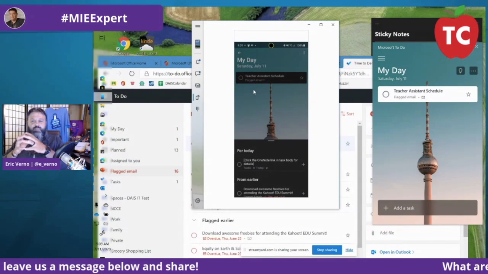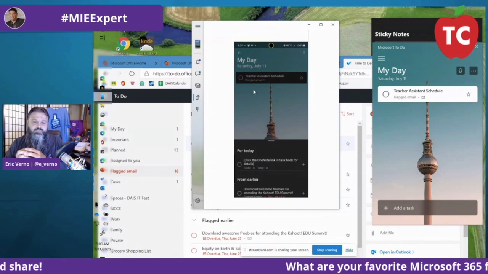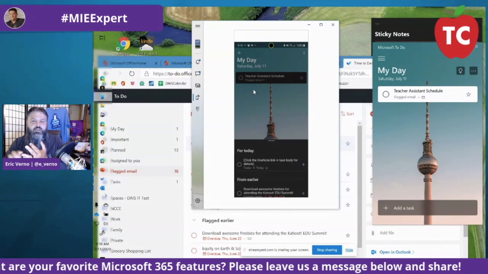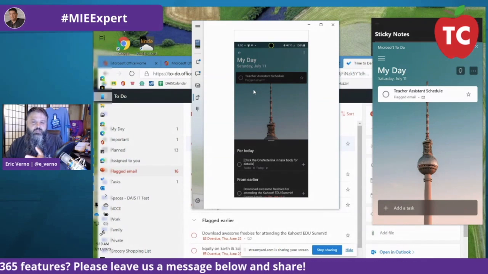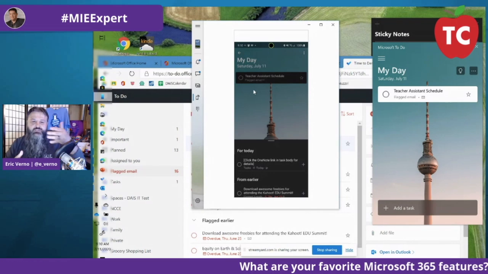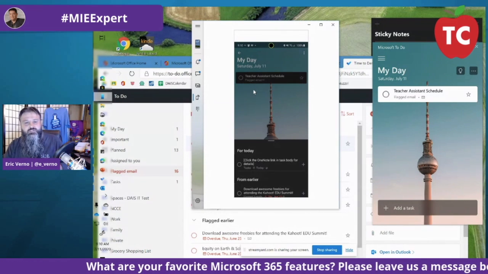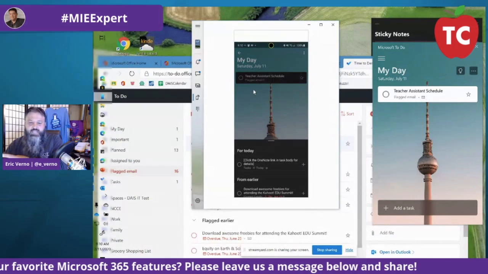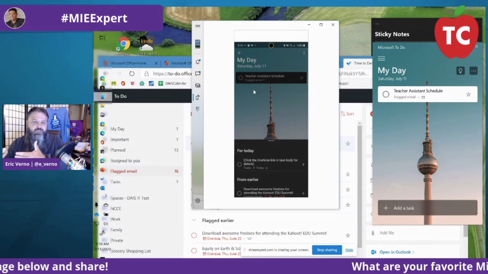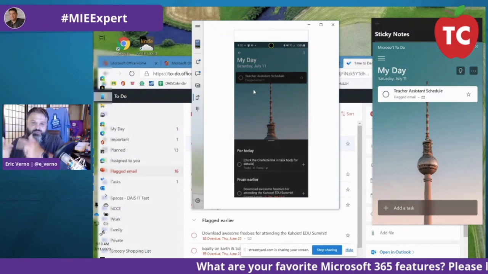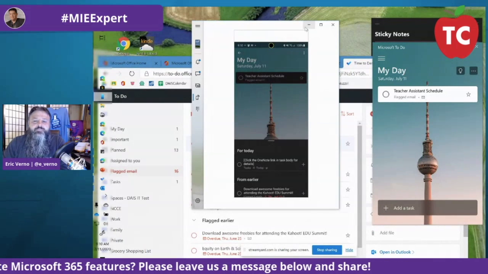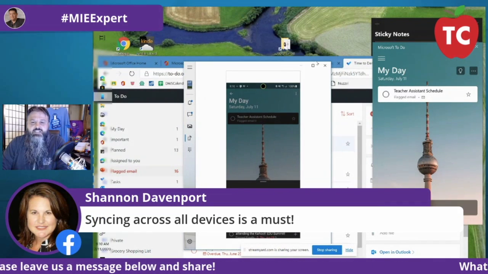So now I've gone from Outlook, where a lot of information comes in. I've tagged or flagged my emails for follow-up. I then was able to push them out to the desktop app. If I'm on a Chromebook, they're sitting in the Office 365 To-Do app. And I've also pushed it to my pocket. So as I'm out and about, as downtime happens, and like Jeff, I'm a father with 3 daughters, and there's times where we're shopping and I'm just kind of hanging back doing the dad thing. I may be able to go through and take care of some of those items off of my list while I'm in the store,